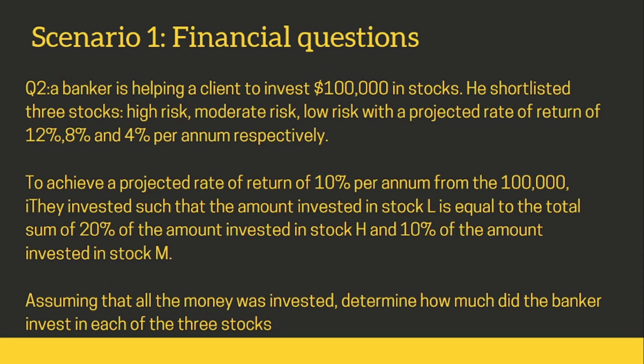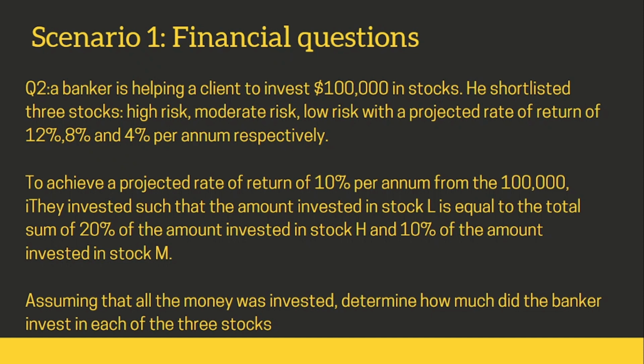So here's another financial question. A banker is trying to help a client to invest $100,000 in stocks. He shortlisted three stocks: high risk, moderate risk, low risk, with a projected rate of return of 12%, 8%, and 4% per annum respectively. And so to achieve a projected rate of return of 10% per annum from the $100,000,